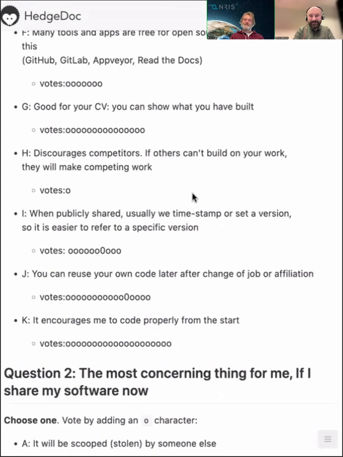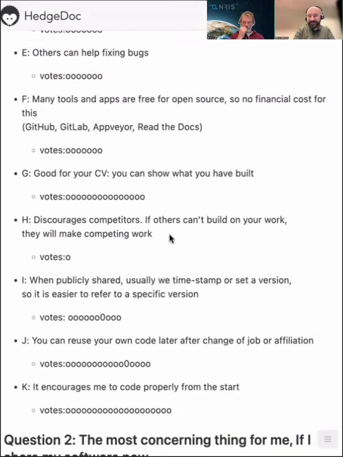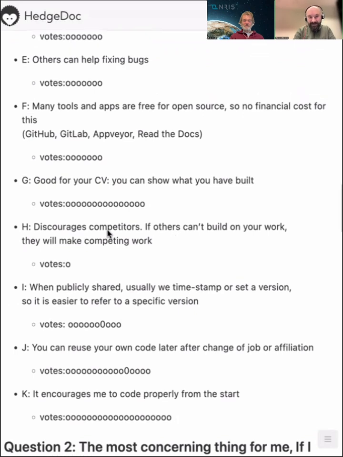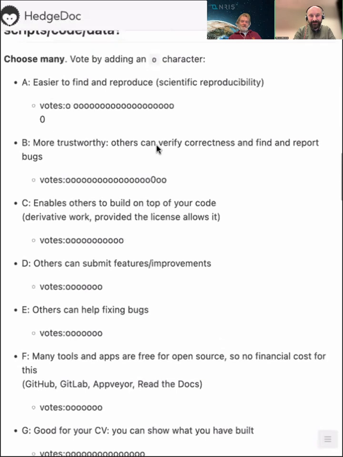Well, I don't know. It's interesting that there's just one vote for that, but it's true that sometimes competition in academia and science is quite intense, and people cut corners. But on the other hand, we are often driven by good ethical principles, so it's nice to see at least that this is also reflected in the audience here, that the majority are openly sharing to ensure reproducibility and trustworthiness.